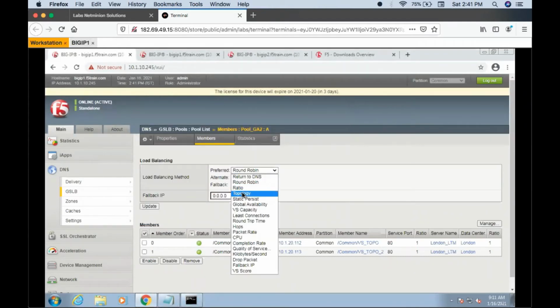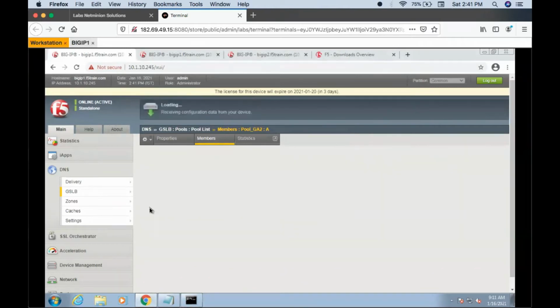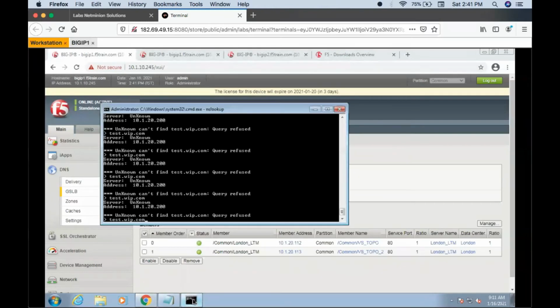Let me change topology again. Let's see. It totally depends on the requirement, right? Where do you want GA, at the pool level? Suppose in your active data center, you have 4 WIPs for a single wide IP. So you can create one pool for that particular data center, another pool for another data center for the very same wide IP. Now you can use GA at the wide IP level or pool level, you can say,